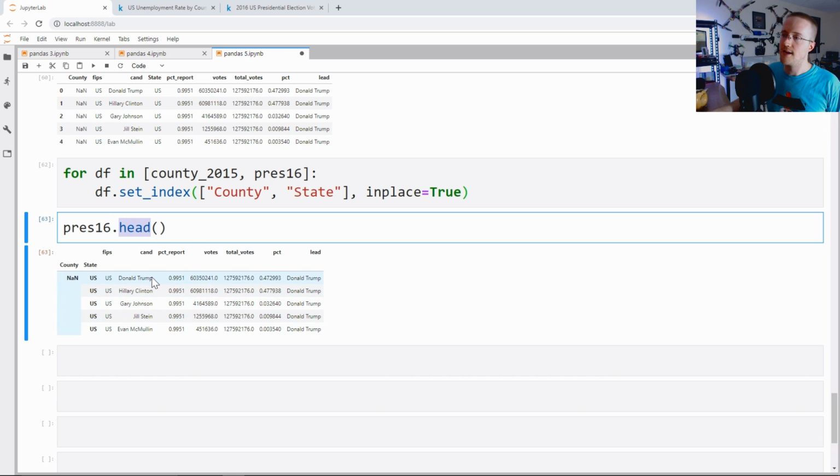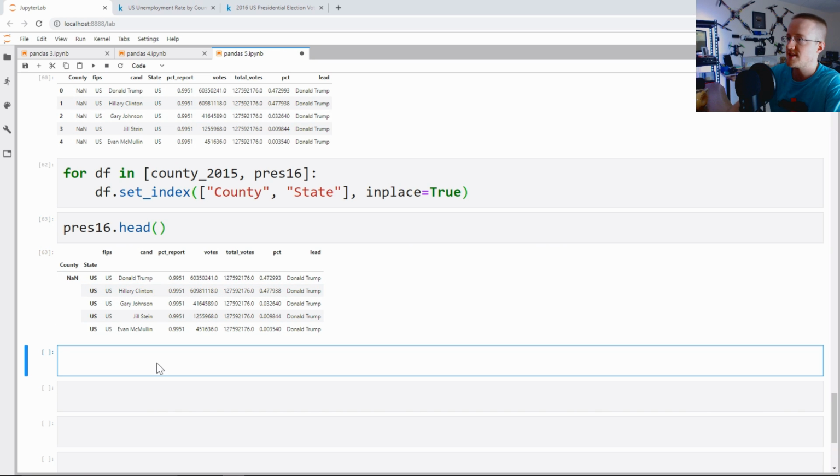And so anyway, maybe you'd want all of these candidates, but for now let's focus purely on Donald Trump. That will serve for the biggest divide between people, generally between Hillary Clinton and Donald Trump, where the majority of the votes went. So anyway, pres16.head. The next thing we want to say is, let's just say pres16 is going to be equal to pres16 where pres16 candidate is equal to Donald Trump,